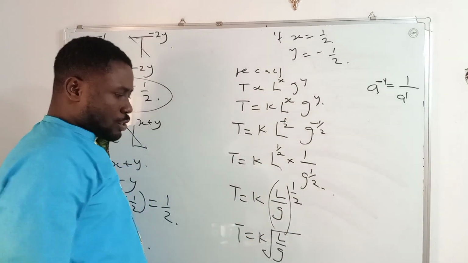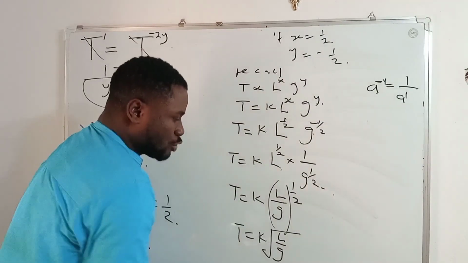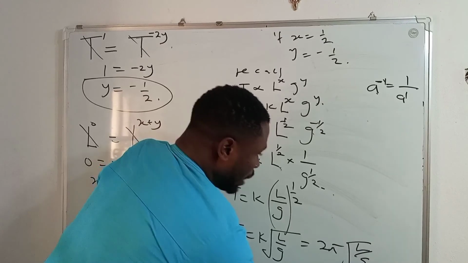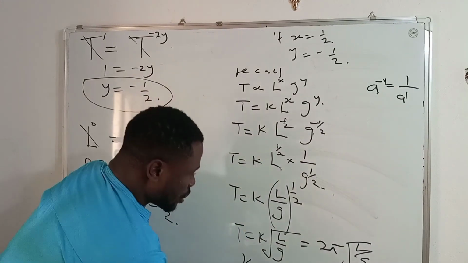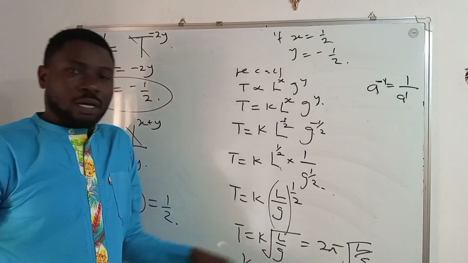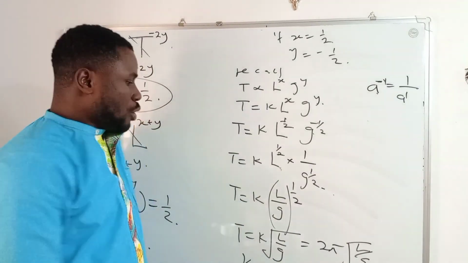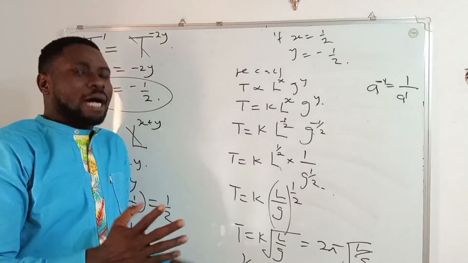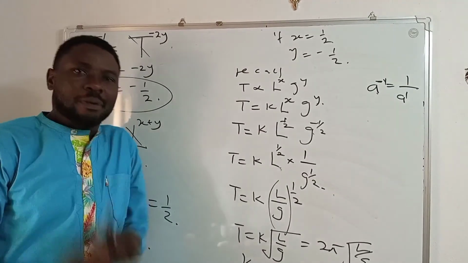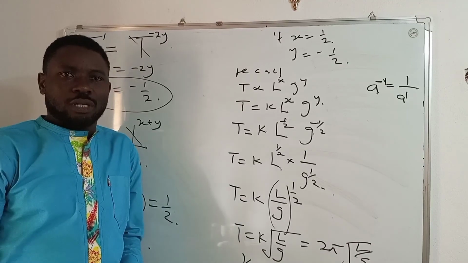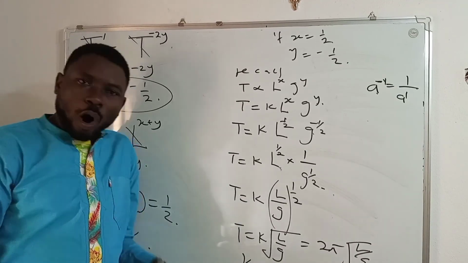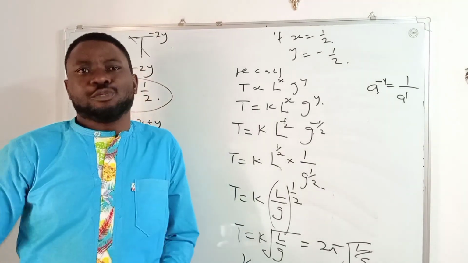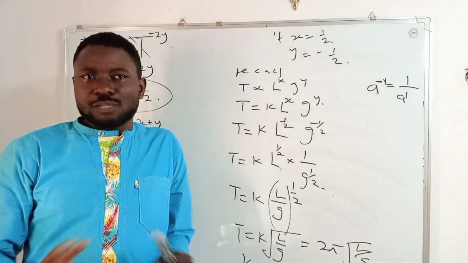That is indices. So you can see that this formula is similar to the formula that says 2 pi, the square root of L all over G, where our k in this case is what? Constant. The k is the constant. So we have shown, we have proved. So in exams, they can give you a question like this where you may be required to prove a particular formula, or they may ask you to find the value of x and y in a given expression. So the idea is the same, this procedure is the same.